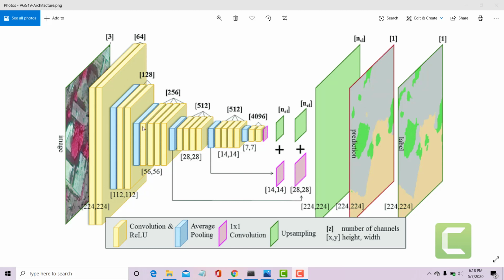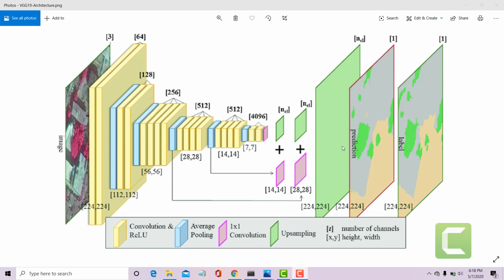Then there is another average pooling here, followed by a couple of convolutional layers, and another average pooling and convolutional layer. It goes on like that. This is mainly classified into two sets of layers. One set of layers, basically the yellow ones here, are mainly working to find the features in the image. And the last three layers, 1, 2, 3 here, are the fully connected layers. They are working on the prediction.